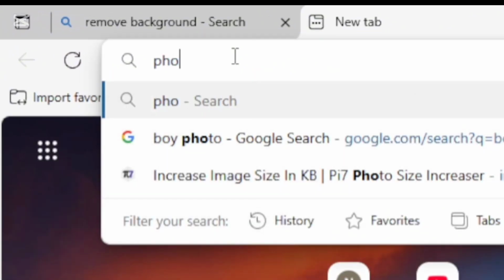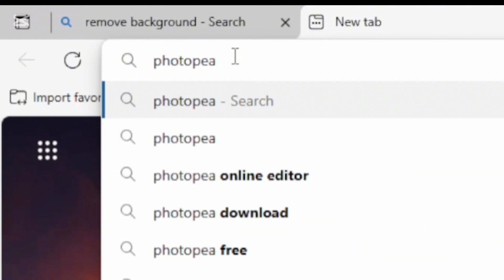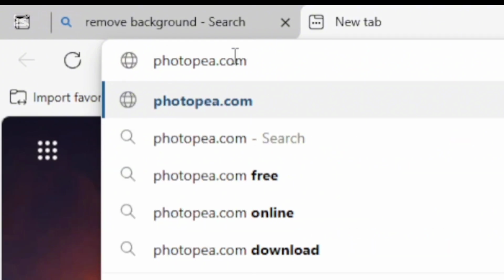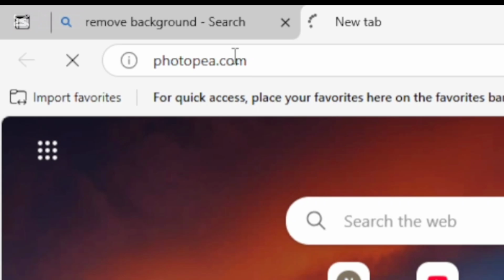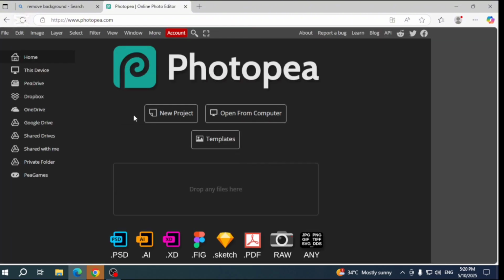Photopea.com, just enter, and this is online Photoshop. Just click start using and open a new project,